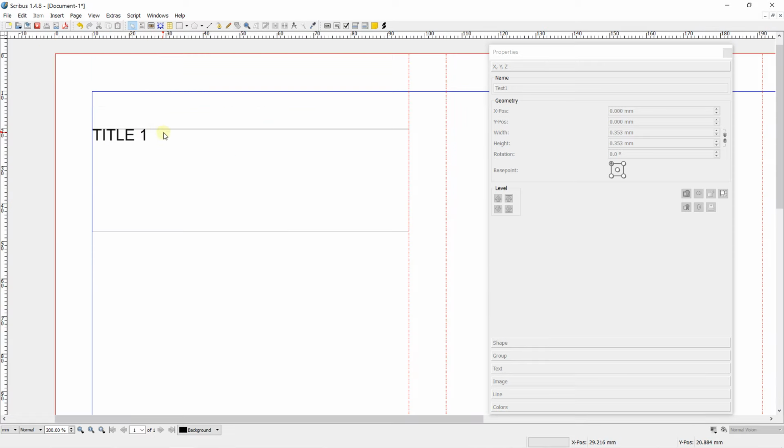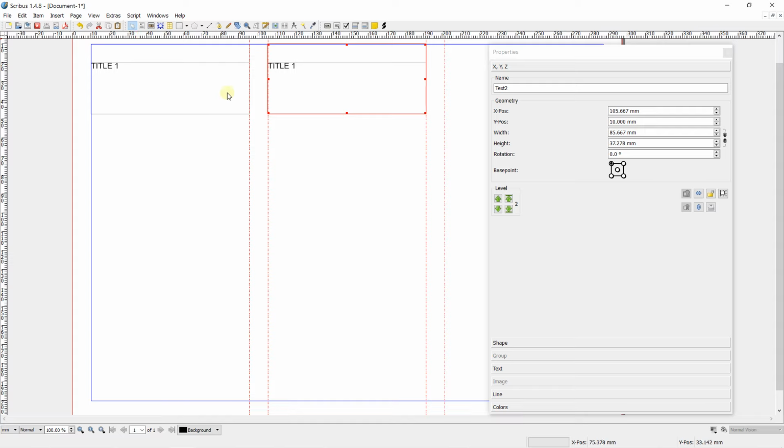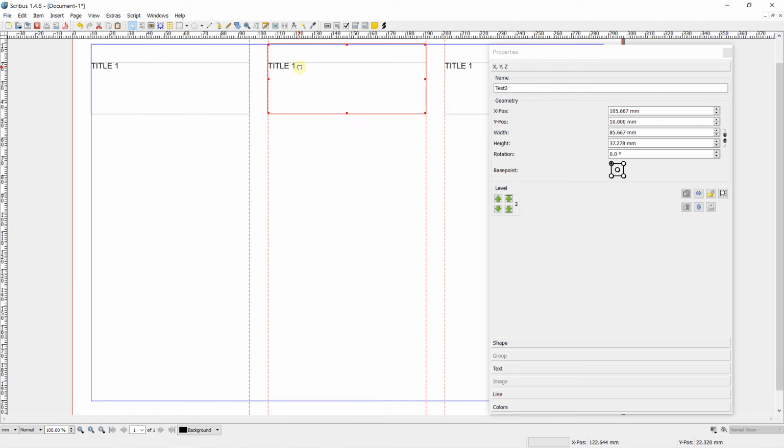That's it. The next step is to duplicate, Ctrl D, and duplicate again, Ctrl D. Now I can double click here, type title number 2 and double click here, type title number 3.